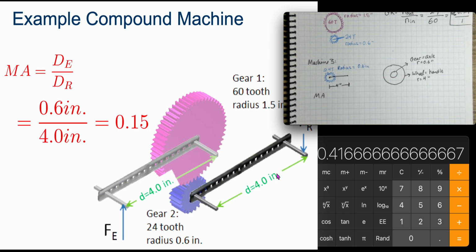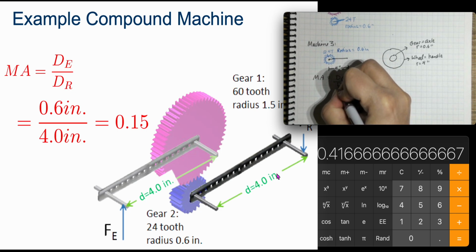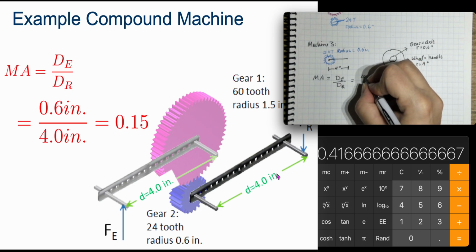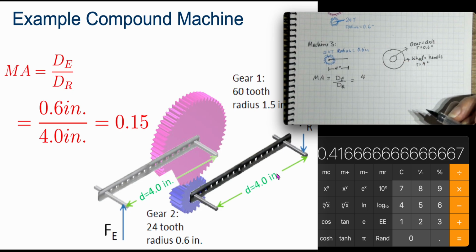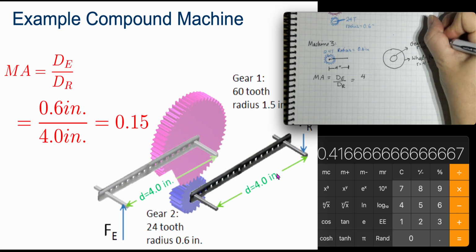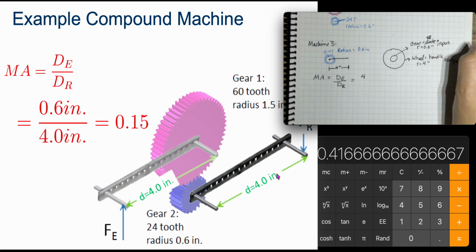Mechanical advantage is equal to dE over dr, which is going to be my 4, oops, yes, right. Sorry, this is my input here, and my output, because the gears are